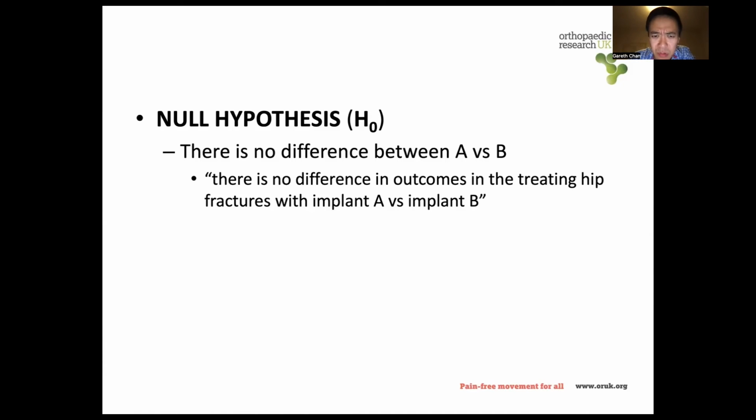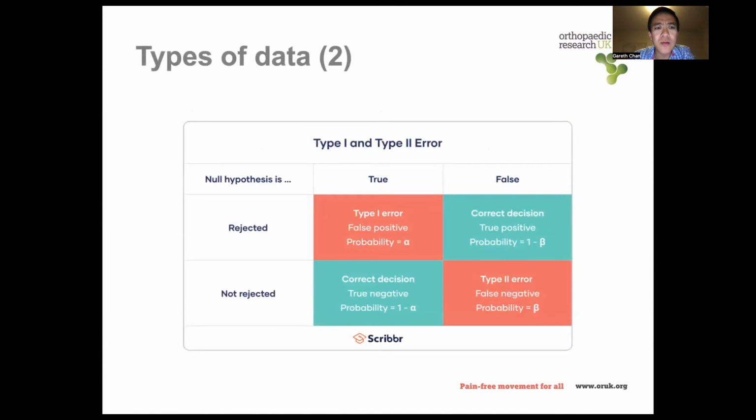But why is that important? So if we look at this table, this is something you may have come across before called a null hypothesis, and then look at the null hypothesis and a type 1 and type 2 error. So we all know what a false positive is when you falsely say there's something present when it actually isn't present, and a false negative is you falsely say something is not there when actually there is something there. And that's the same for a null hypothesis. So for example, if we reject the null hypothesis, so we say the hypothesis is saying there's no difference, and we reject that, so we're saying there is a difference,